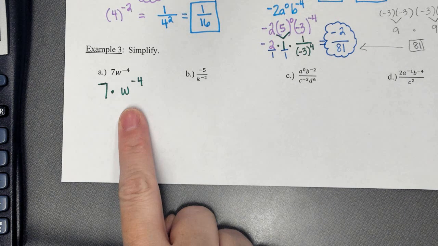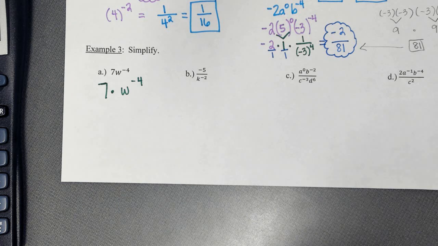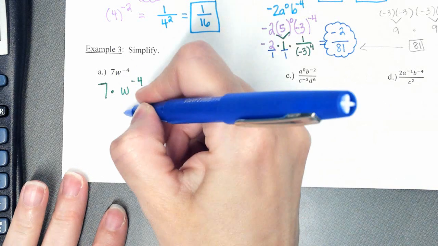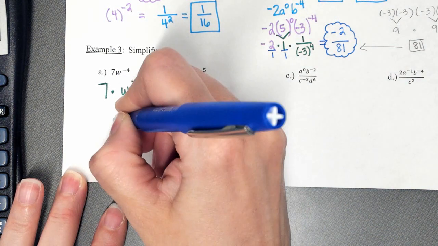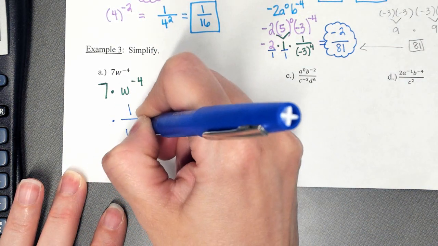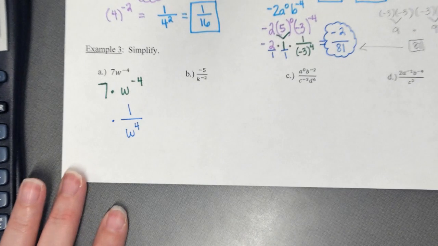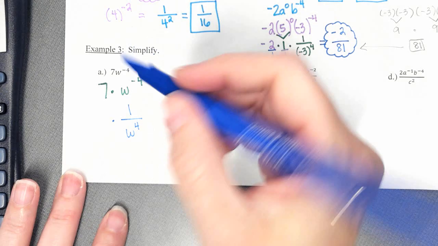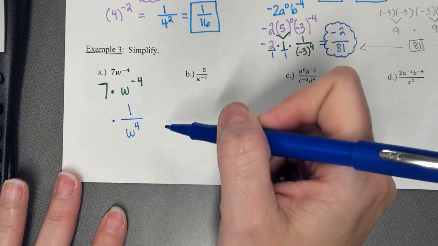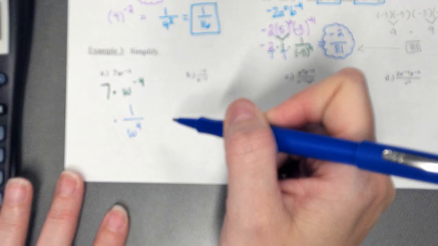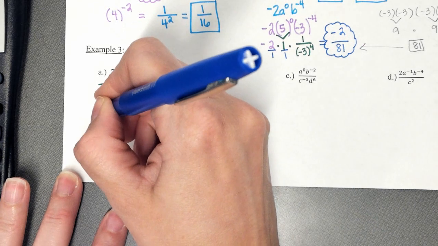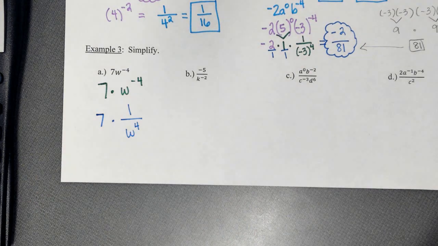If you have anything to the negative power, it's always 1 over that value. Once you have that over it, you're just going to multiply by 7, and again, you're just multiplying